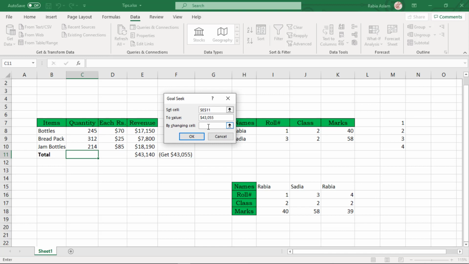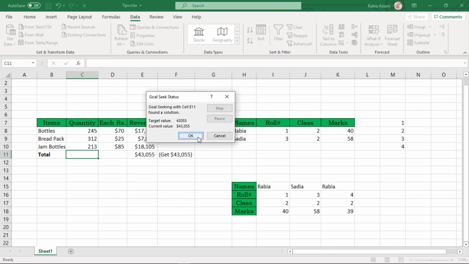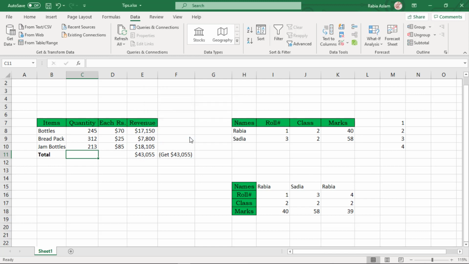So I will select this cell. Click on OK. Look, we have got the exact match, the exact quantity from which we can get the targeted result. You can handle a lot of complex problems with this goal seek option.